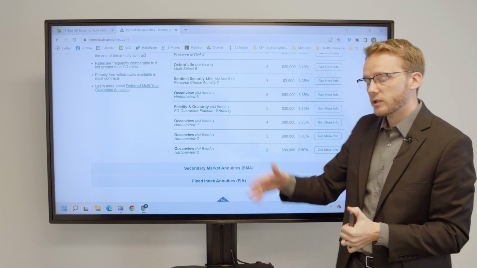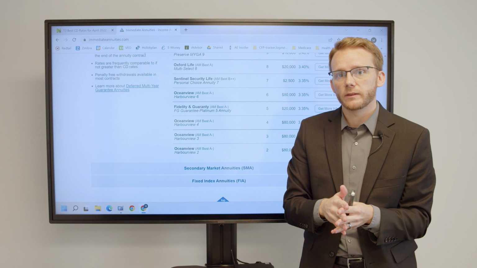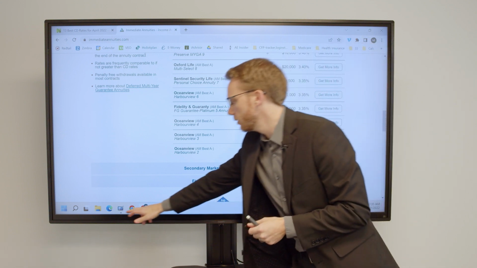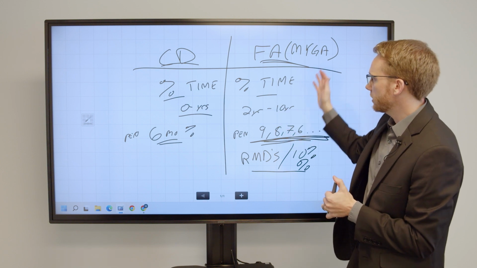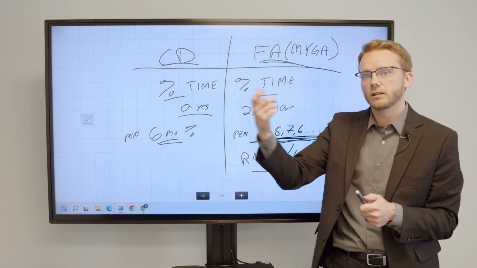These are just one option in terms of the many investment options that are out there, but I wanted to shed some light on your key differences where people are no longer CD shopping quite as much and turning towards fixed annuities as a CD alternative.